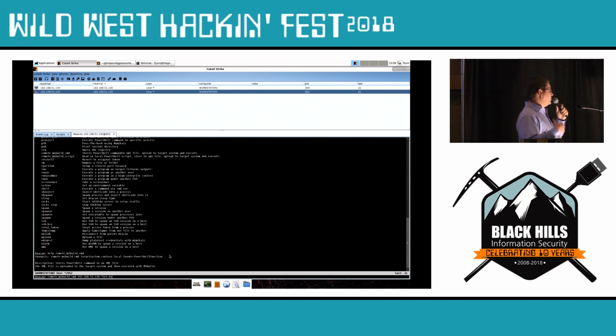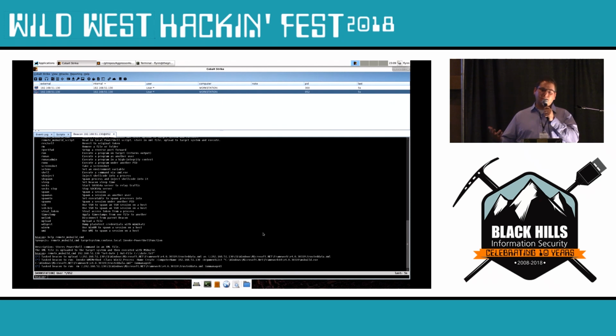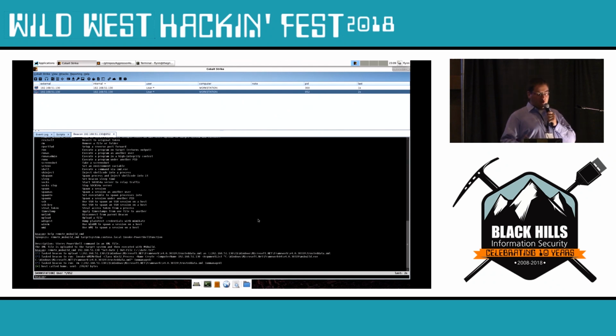This is telling it to target a specific IP address, and I'm telling it to run the Get-Date cmdlet. It's just going to find the current date and time. As proof that it works and runs on whatever system I'm targeting, I'm going to save those contents to disk under c date.txt. What just happened is the Aggressor script gave Beacon all the commands required in order to run it.